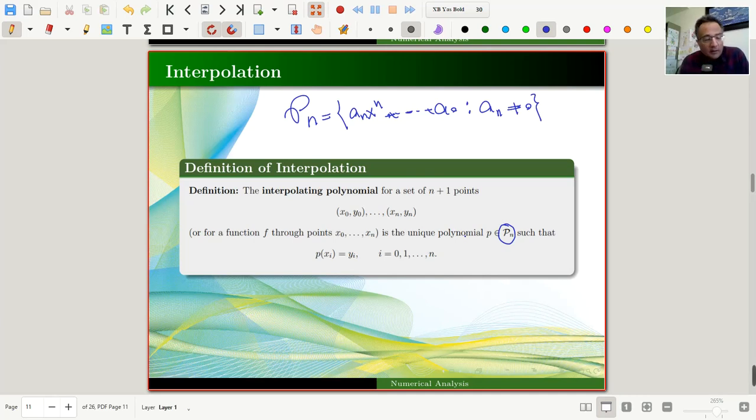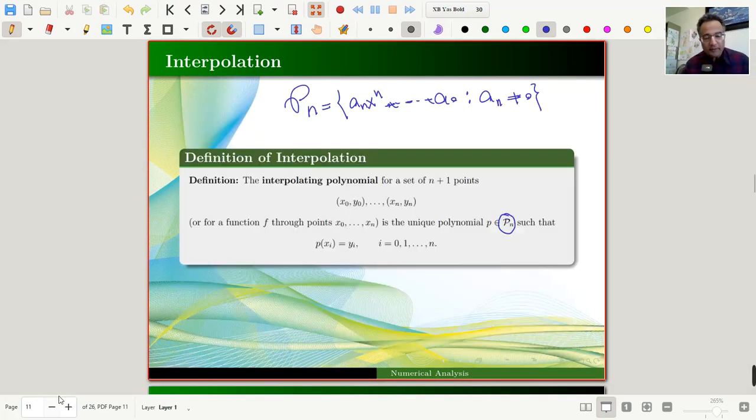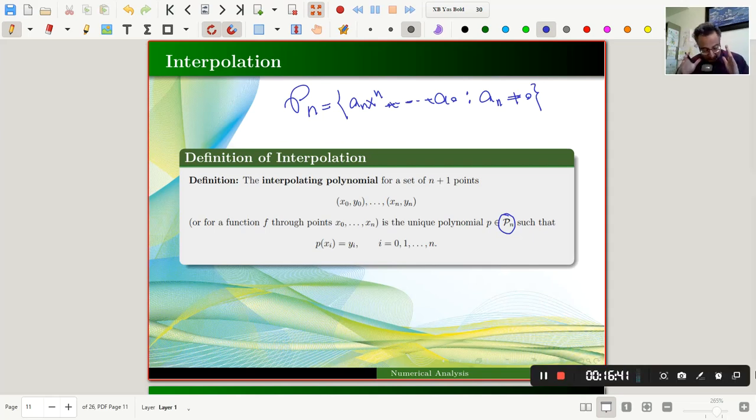This is the mathematical definition of interpolation, and our aim is to find some polynomial p that interpolates the nodal points. Okay, now we have different kinds of interpolants. Let me start with the simplest method and the most natural technique in the next lecture, and stop